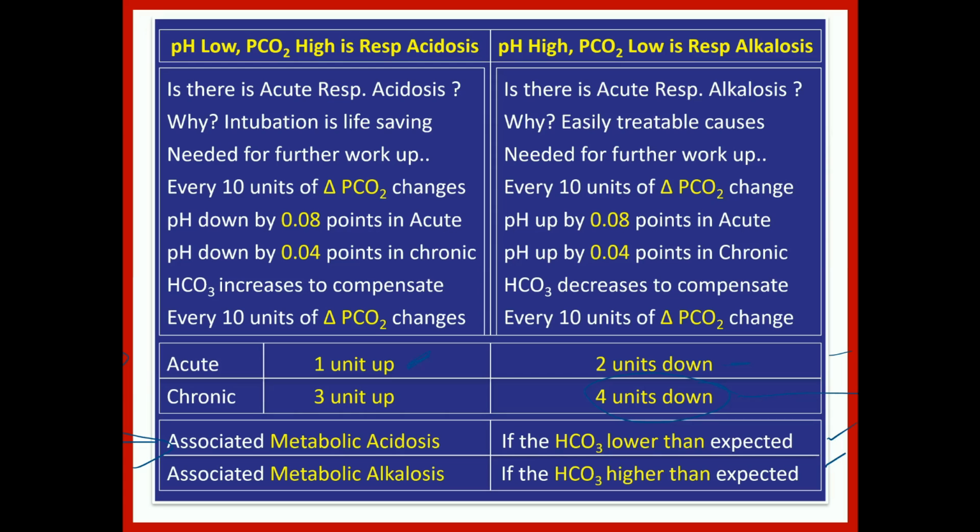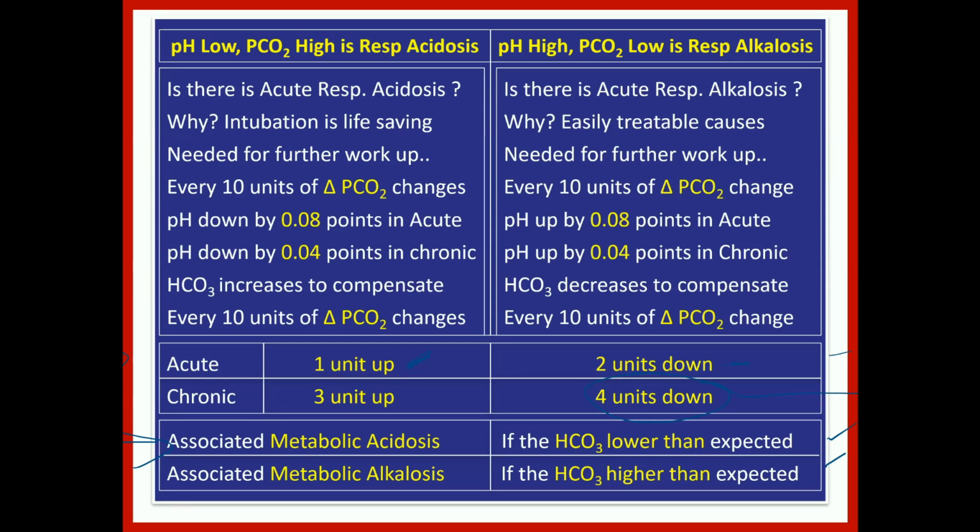So having done that, once you work out the carbon dioxide and the bicarbonate, after doing this workup, you know whether the bicarbonate is as expected, or it is lower than the expected. If it is lower than the expected, there is a metabolic cause which is bringing down the bicarbonate, that is, associated metabolic acidosis. Then you need to know AGMA or NAGMA and make a differential diagnosis.